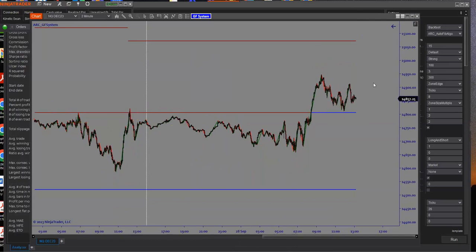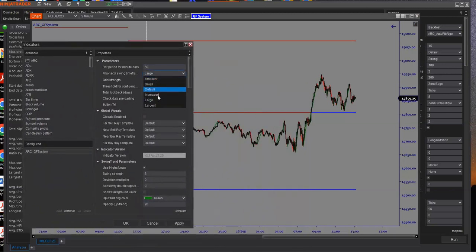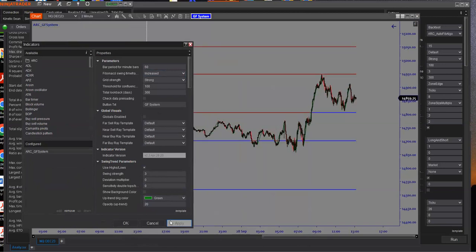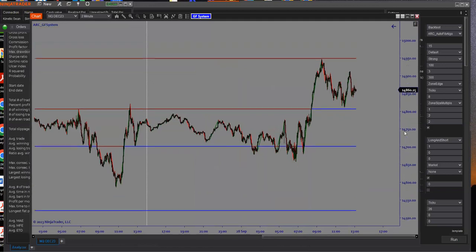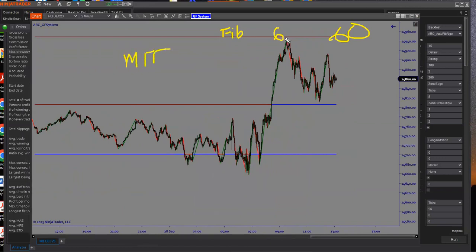That's a 60-minute level. You can run the algo off of that if you wanted to. Doesn't mean you have to, but you could go that deep and granular. You can basically say, I'm going to make it a little bit less restrictive. Take a look at that. Those are 60-minute levels that are strong settings on the increase side. I don't know about you, but if I came here and I was able to take an automated entry, I wouldn't hesitate, because I know that that's coming from a 60-minute level with 6 fib levels lining up over multiple time frames, telling me that the market's supposed to stop there.